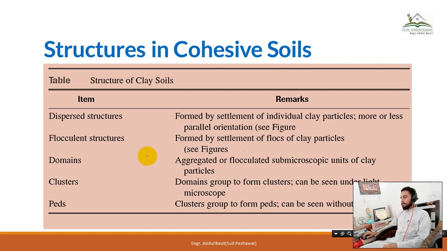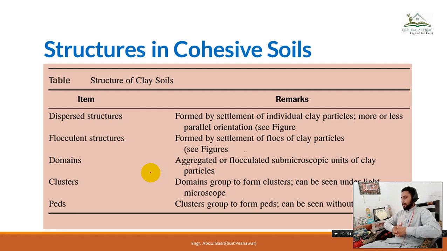Dispersed structures are formed by settling of individual clay particles, more or less in parallel orientation. So sometimes you can see that these soil particles will settle down in a zigzag motion, as I told you, Brownian motion. Okay, so all the clay particles will seem dispersed while settling down in the water. Okay, sometimes these clay particles will come close to each other and will form flocculents. Then they will be called flocculent structures, and domains are actually aggregated or flocculated submicroscopic units